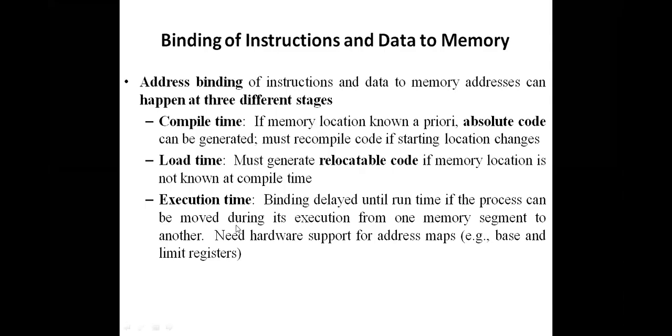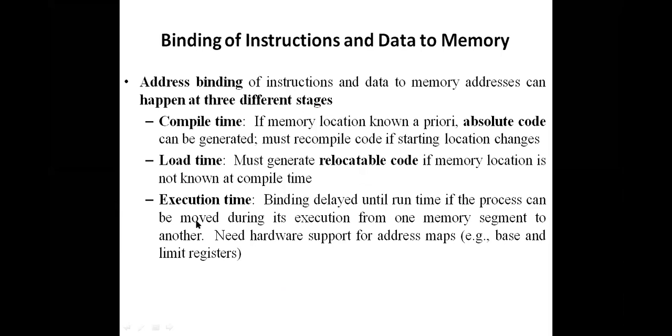And the next, binding of instructions and data to the memory. So binding means assigning memory addresses to that particular instructions or data. In how many stages can we bind the memory address to the instructions and the data? There are 3 stages. The first one is the compile time, the second is the load time, and the third one is